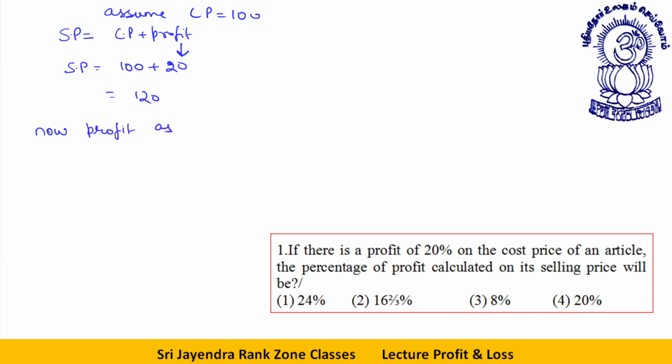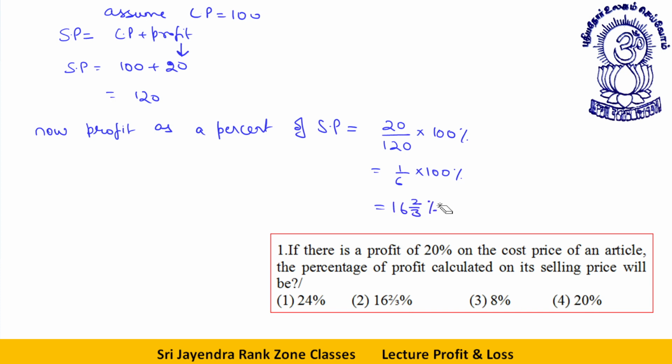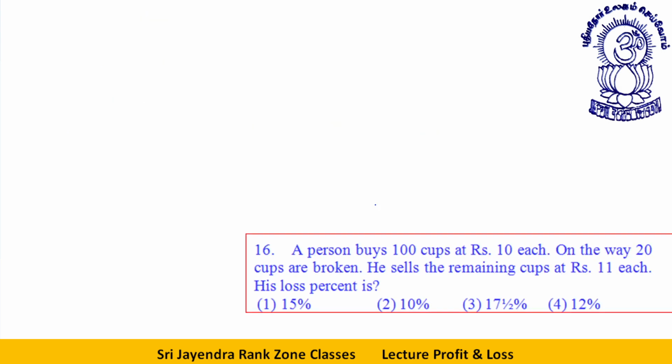Now, profit as a percent of SP will be what? Profit is 20 over 120. To get the percentage, multiply by 100. This becomes 1 by 6 into 100%, that is 16 2 by 3%. Okay, dear students. Next,